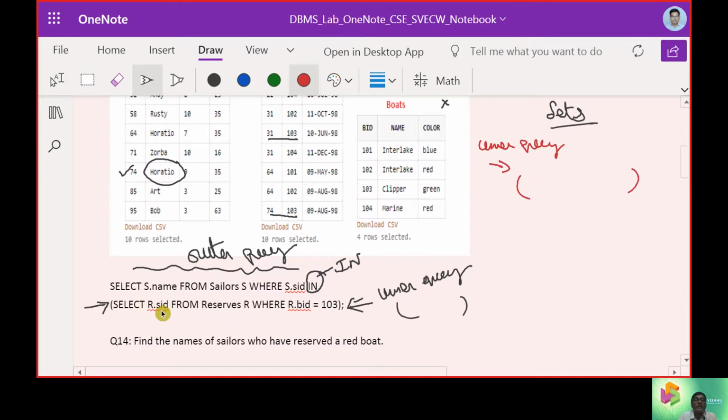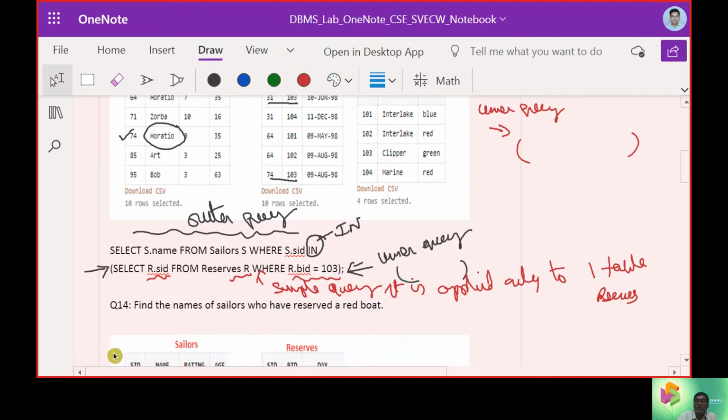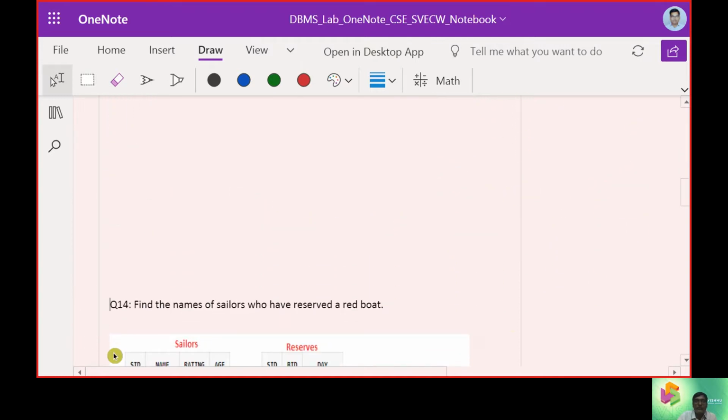Select reserves.sid from reserves R where reserves.boatid is 103. So this is a simple query, and it is applied only to one table, that is reserves.